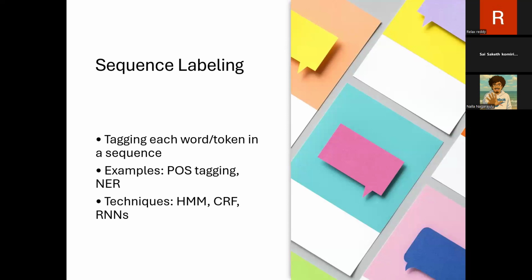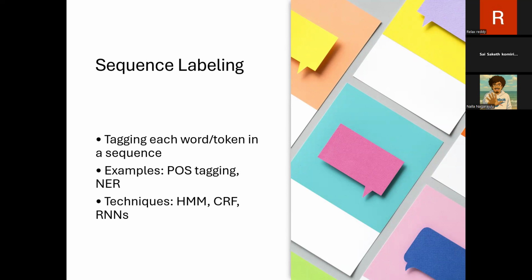When it comes to sequence labeling, unlike text classification, which looks at entire documents, sequence labeling focuses on each word in a sentence. It is used for tasks where we want to label or tag individual words which specify information. Let's take part of speech tagging as an example.